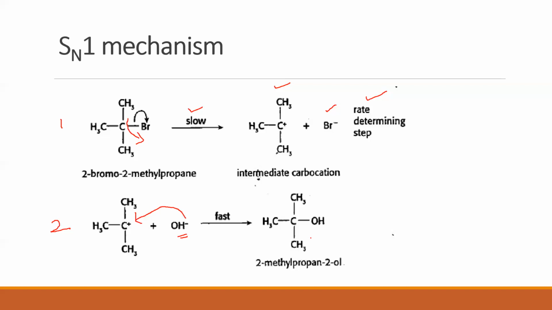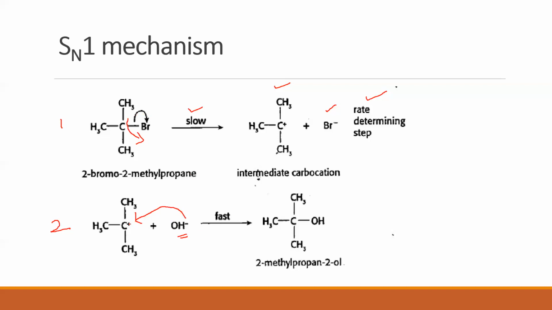Now what do you see here in SN1? Yes, in SN1, the halogen is removed in the first step itself. So there is no simultaneous attack of the nucleophile. The halogen is already gone out. So what about the nucleophile? Can it attack from the front side? Yes, it can. Now what do I mean by the front side? The side where the halogen was bonded. So the nucleophile can attack from the front side as well. Clear? So that is one more difference that you can straight away see.